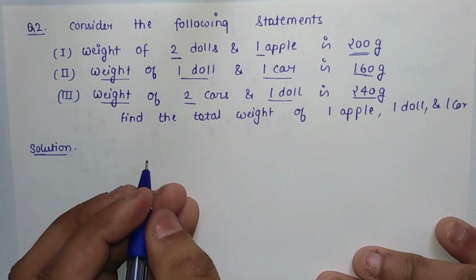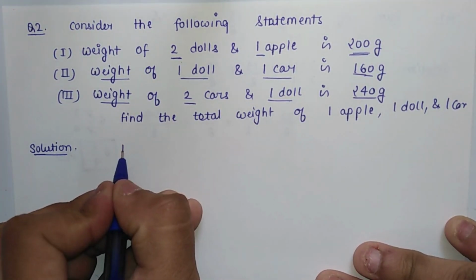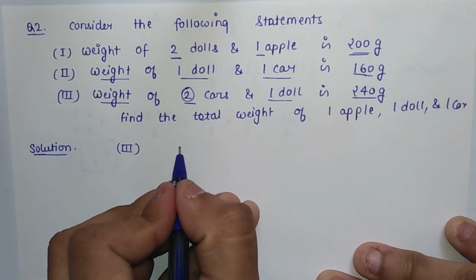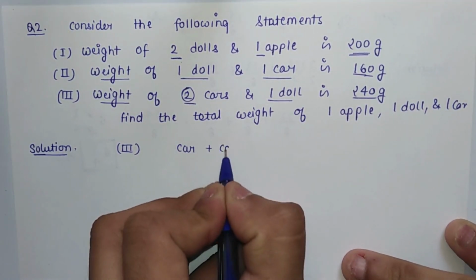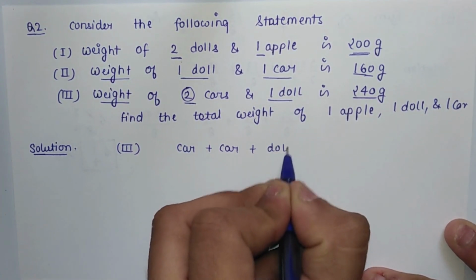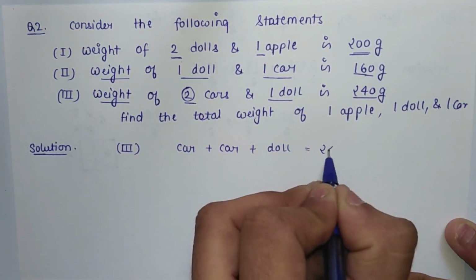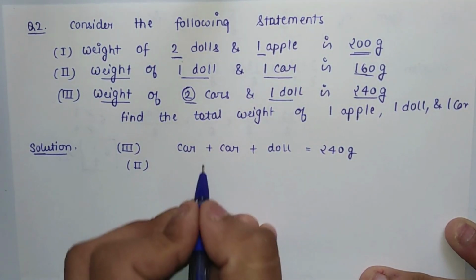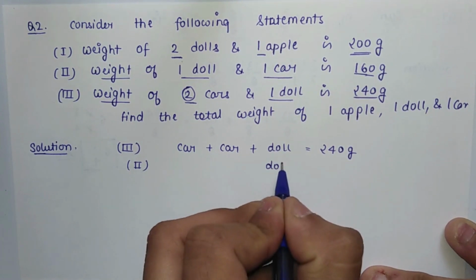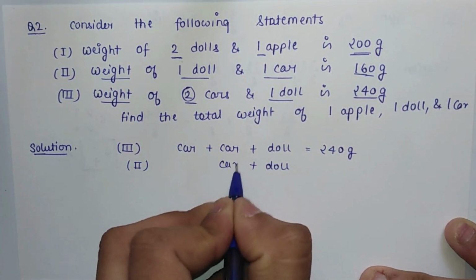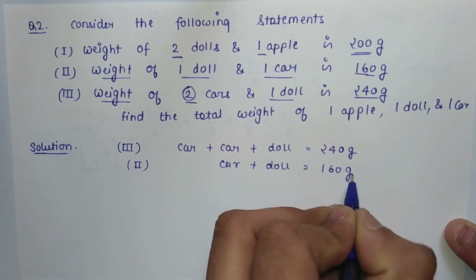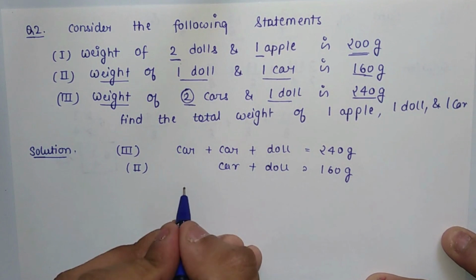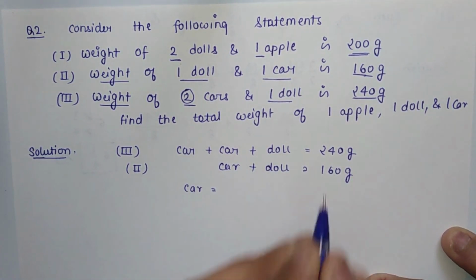So how do we solve this question? Consider this third statement. It is given that weight of 2 cars, so we can write it as 1 car and another car and a doll. This is 2 cars and 1 doll. Weight is given as 240 grams. And from statement number 2, we can see that weight of 1 doll and weight of 1 car is 160 grams. So if you consider these 2 statements, we can say that the weight of car will be equal to